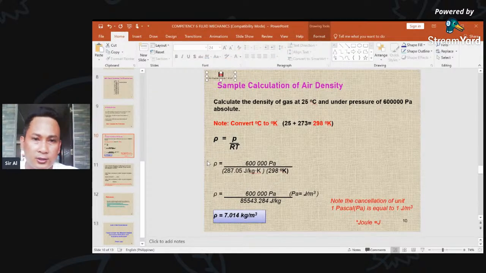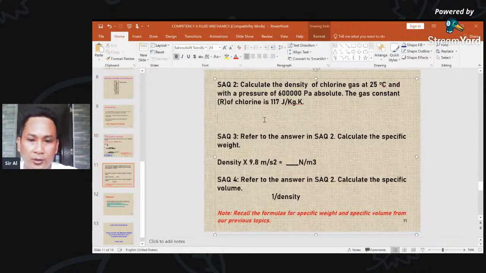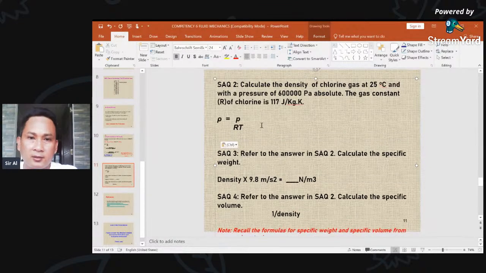We're going to use the gas constant of chlorine, which is given in the problem. So here's the formula. The pressure is given. It's already in Pascal. You don't have to convert it. Our R is